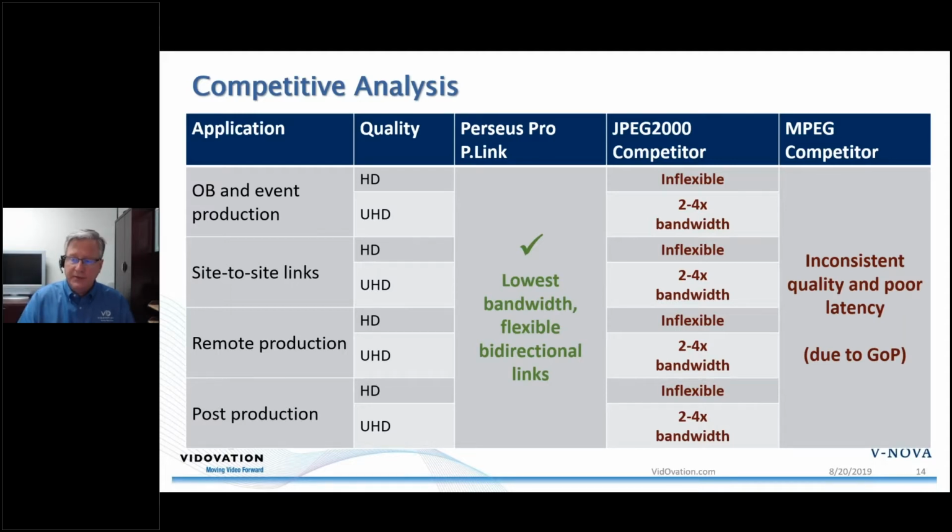And another thing too is, VidOvation, we represent solutions for H.264, HEVC. These solutions are primarily for unmanaged networks, but they could go over managed. Picture quality is good, but a mezzanine codec like Perseus Pro, a higher bit rate, lower latency, is going to give you higher quality. So, if you're the primary rights holder on a function, you want the best possible quality